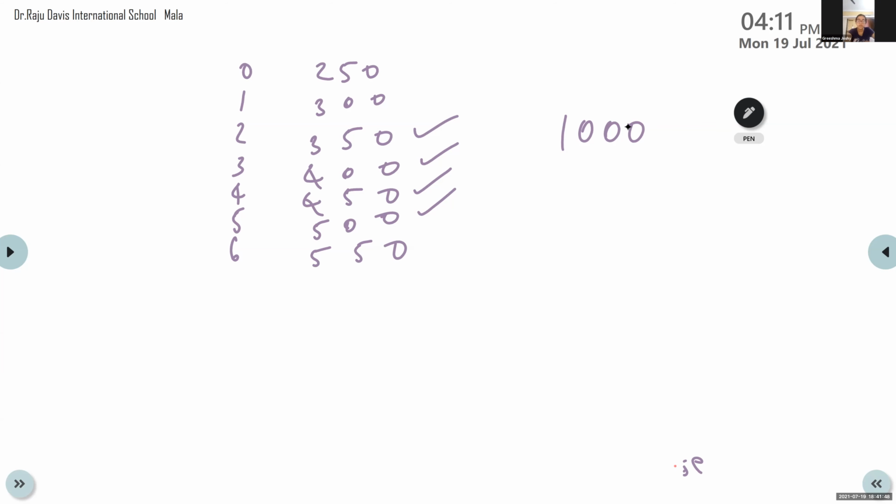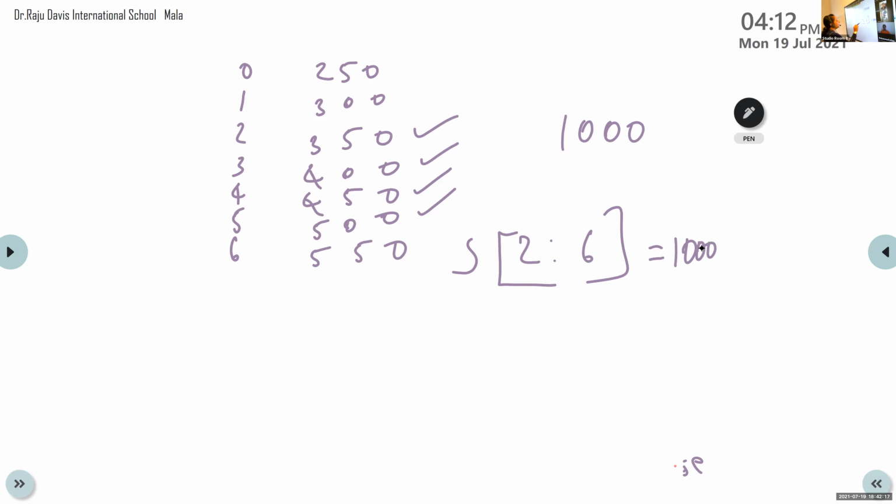S, square bracket, 2 colon 6, that is starting from 2 to 6, then equal to 1000.